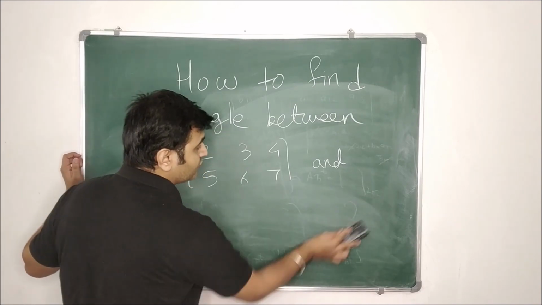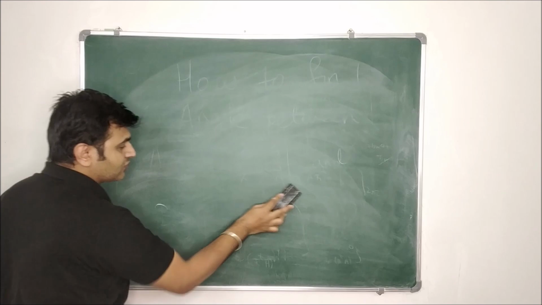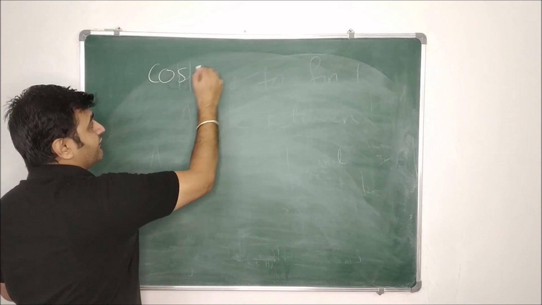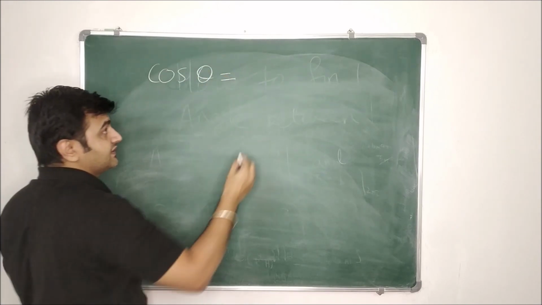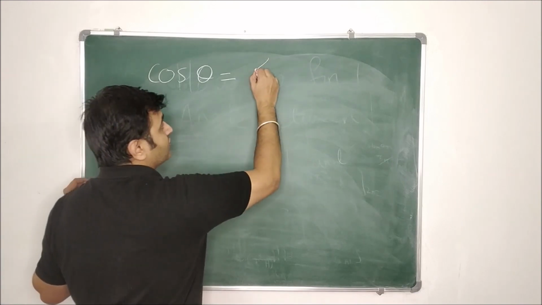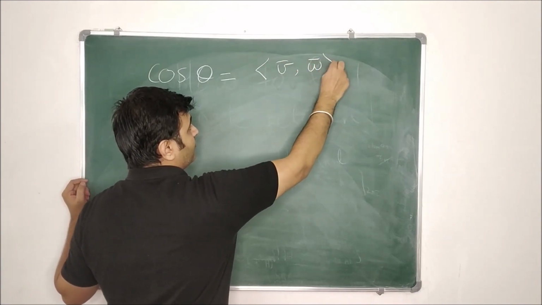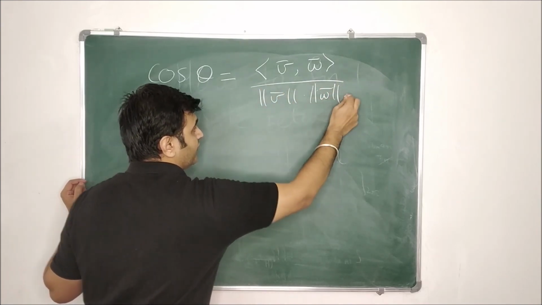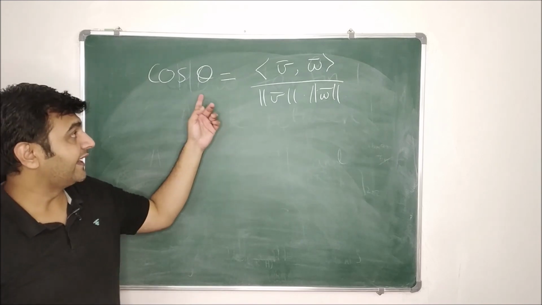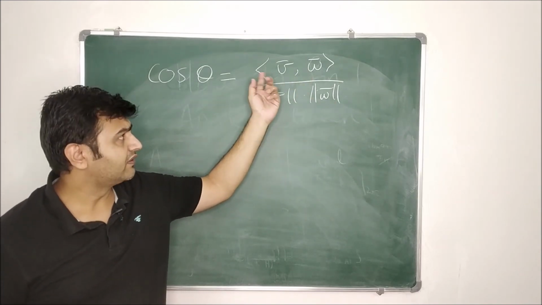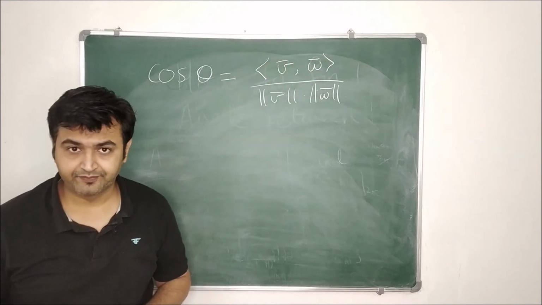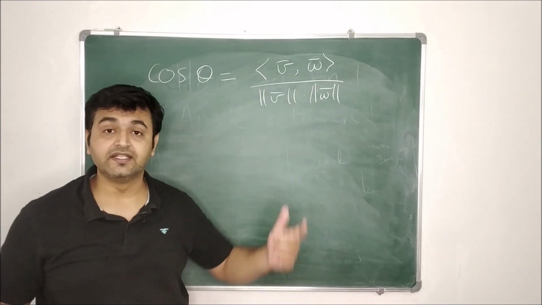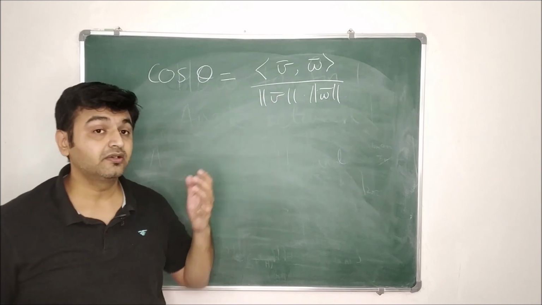For vectors you know there is a dot product, and as we saw in our lecture on inner products, the generalization of the dot product is nothing but the inner product. If I want to find the angle between two vectors in an arbitrary vector space, then cos theta is nothing but the inner product of v comma w upon the norm of v into the norm of w. This is the formula to find the angle between two vectors v and w in my arbitrary vector space V. So whenever there is a question on angle in an arbitrary vector space, you should know what the inner product is. If you don't know the inner product, you can't proceed.